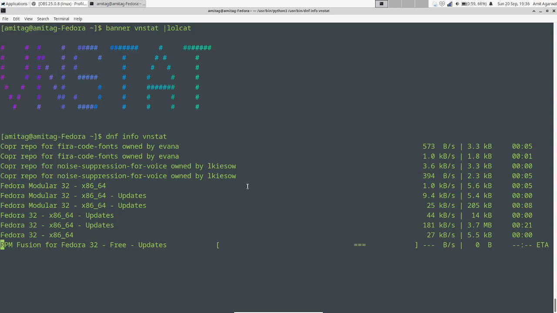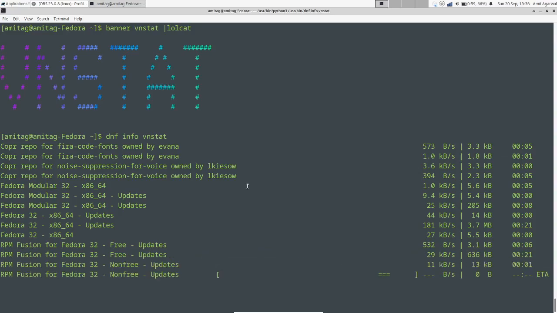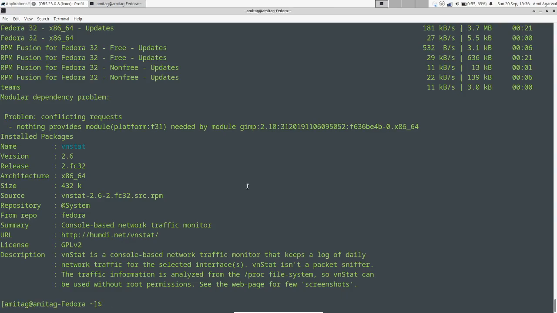So we will just have to wait for probably a few seconds before all the repositories are updated in Fedora, and we can see the info about the vnstat utility. Now I have installed this utility just now for this demo purpose, and hence you will not be able to see a lot of data in the vnstat output. But believe me, once you run it for a couple of hours, then you will start seeing the data, and once you start seeing the data, it will become useful for you.